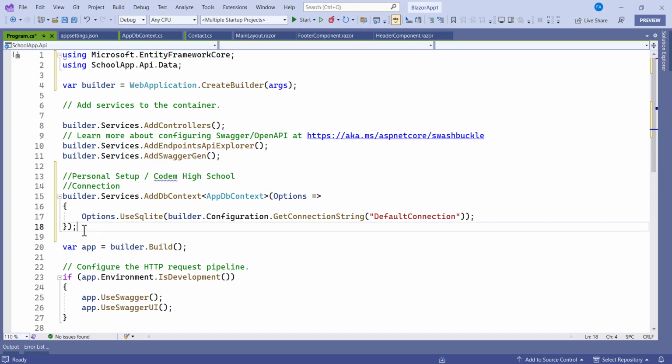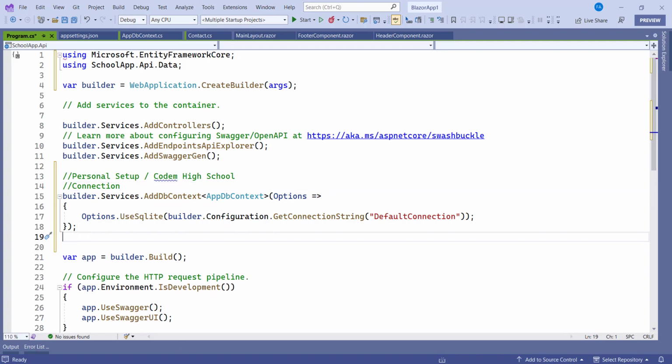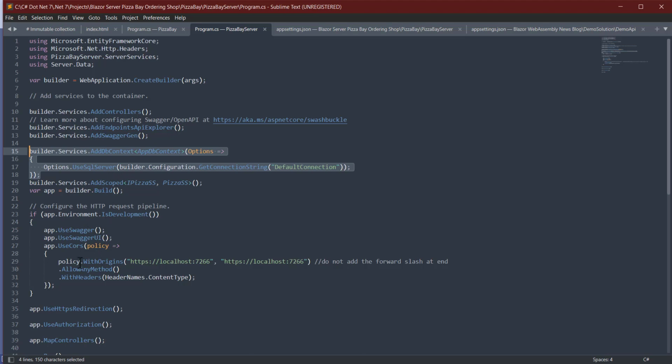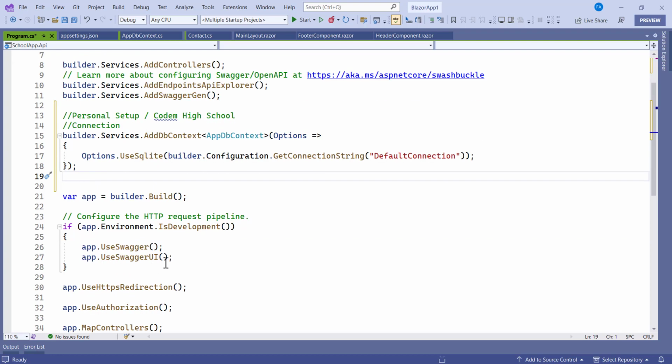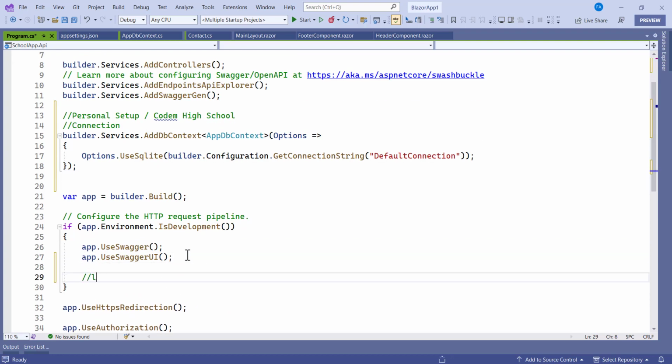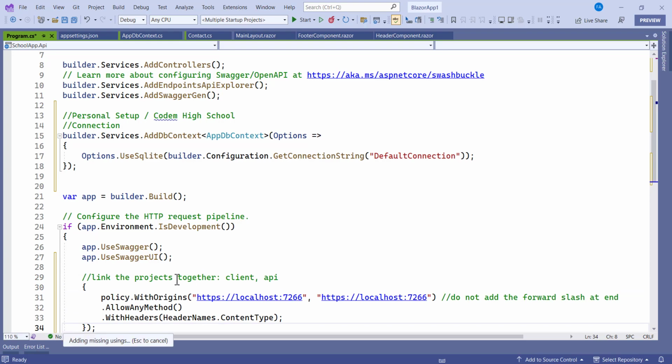Okay. Now what you have to do again here is we have to register CORS. Now the reason why you have to do that here is, you know, we are having two separate projects. To link them together, let's use CORS. So let's link the projects together. This project is, let's say, the client section. I hope you understand that, and the API. You know the client is going to make a request from the API, and it has to know the route, the address. That's why you have to use this